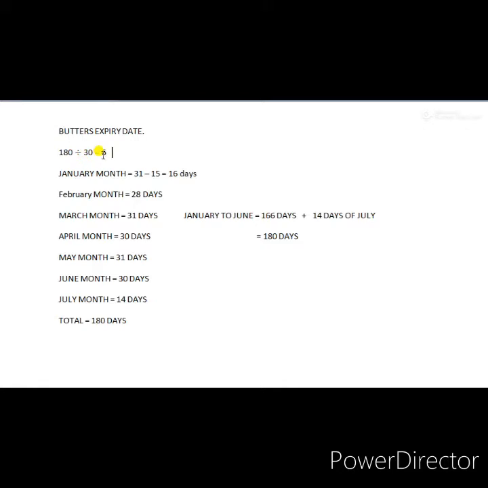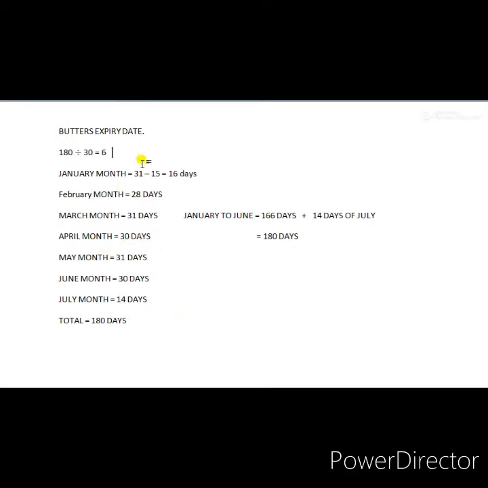That means from the 15th of January to the 6th month. We can see that half of January has already gone. So January, February, March, April, May, June and July, half of the month will come. So from January to July, the expiry date will reach the month of July. Now if you want to calculate the number of days, the accurate date of the expiry, I will show that also.